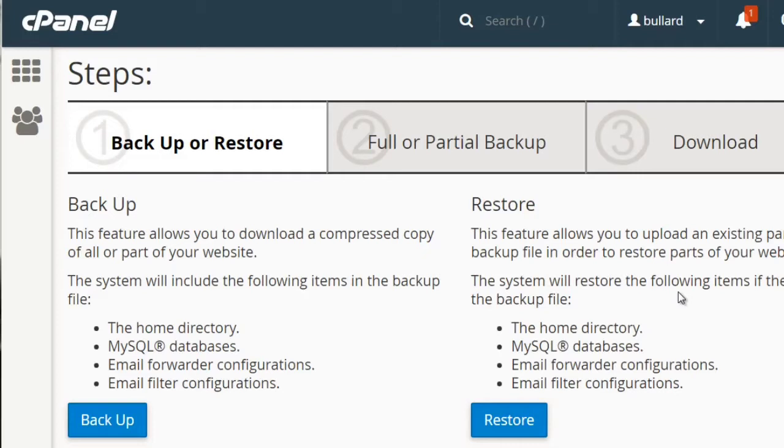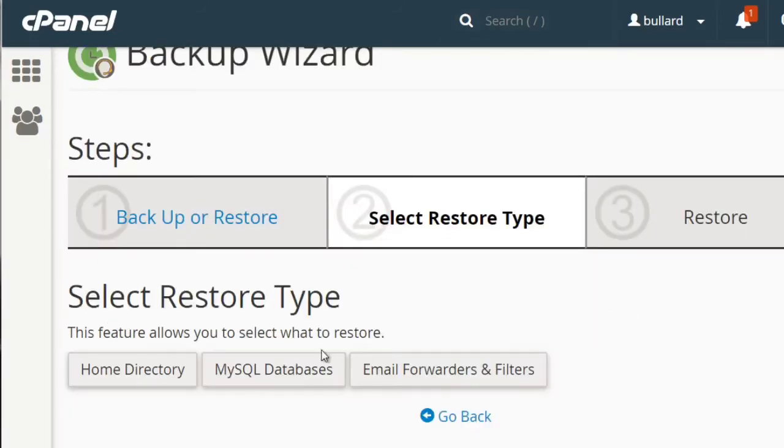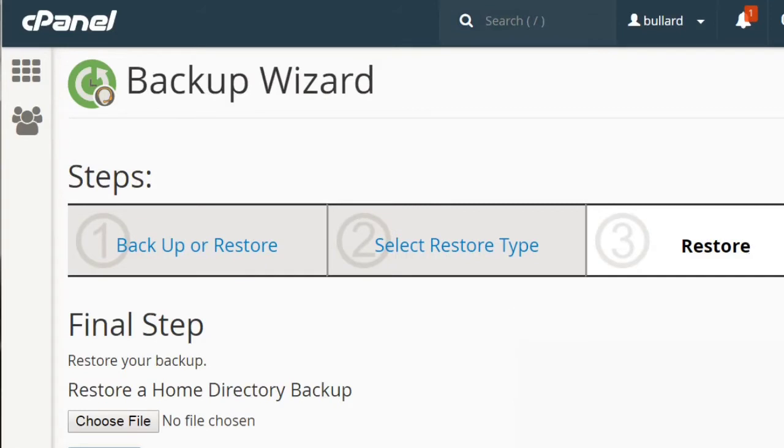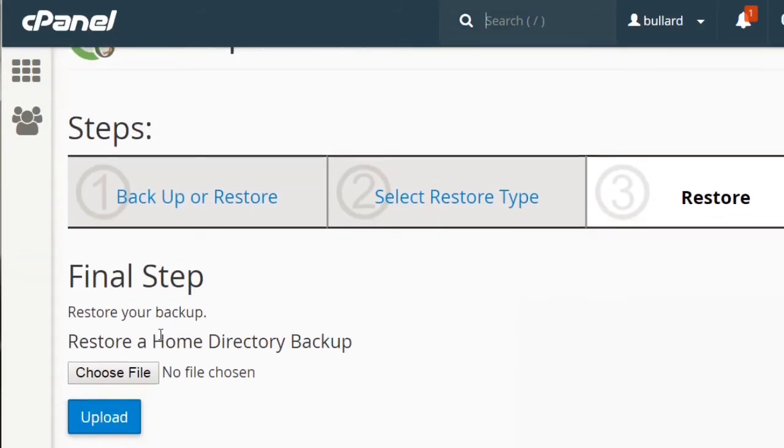you want to restore it, you can either ask your web hosting company to do it for you, or you can do it yourself and do it really quick. You can simply click on Restore and you can select the type that you want. So we'll do home directory. And the final step is to either choose the restore your backup, upload the file here and restore it from